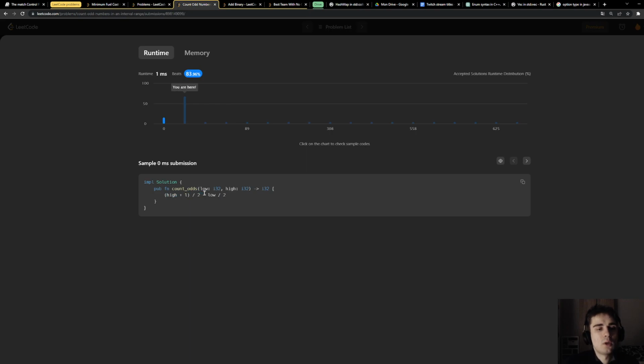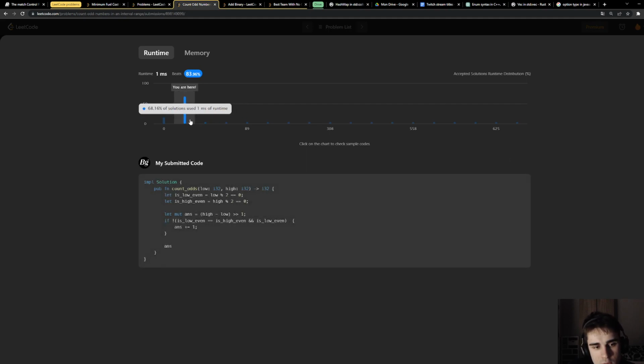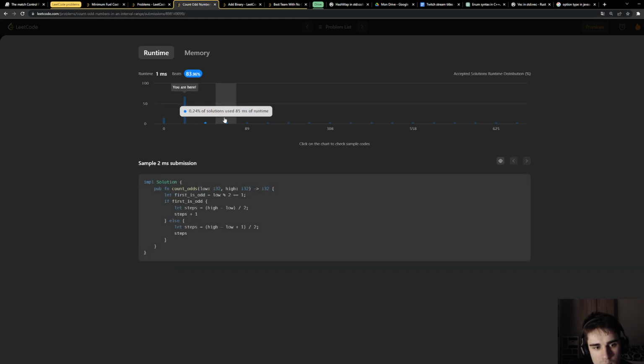High plus 1 divided by 2 minus low divided by 2. Yeah, it looks easier actually than what I did. High plus 1 divided by 2 minus low divided by 2. First is odd.